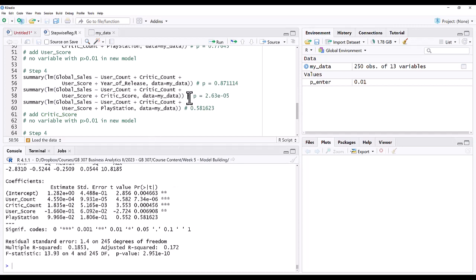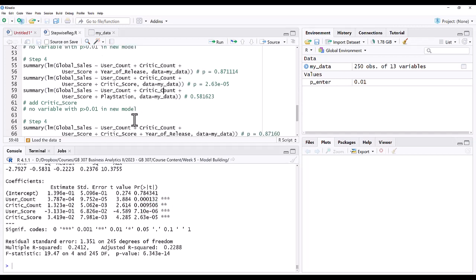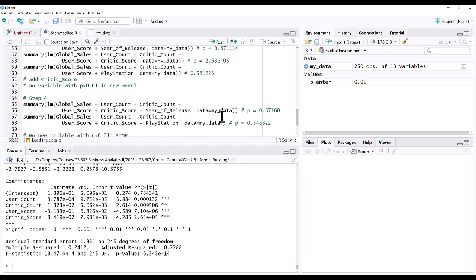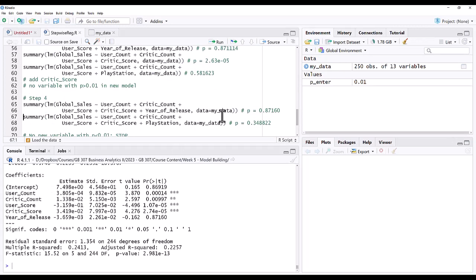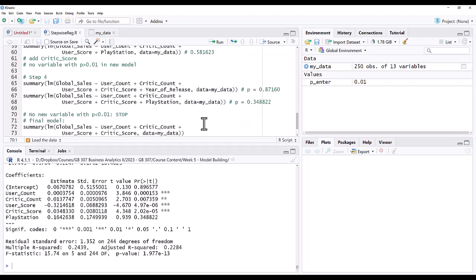And if we check again this model, none of the p-values went above 0.01. We are almost above 0.01 with critic count, but we are not there yet. So we keep all the variables and we try again with the two remaining variables. Year of release has a high p-value and PlayStation still has a high p-value. So since none of the remaining variables has a p-value below 0.01, we cannot add any of these variables, and